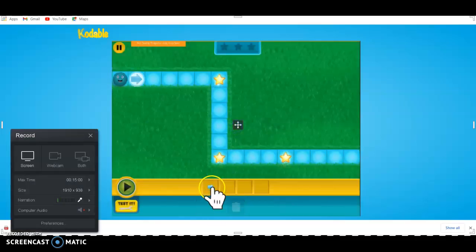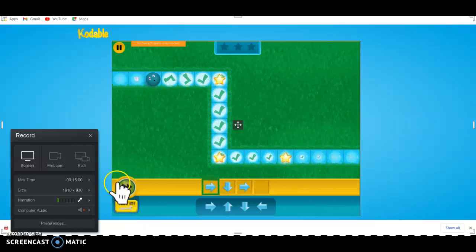Help your fuzz get to the end. Correct. Now which way should you go? You can test your code first. When you think you have the correct